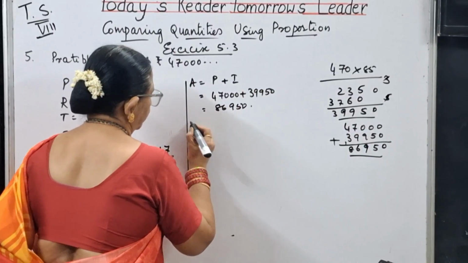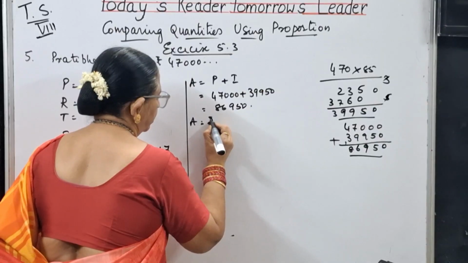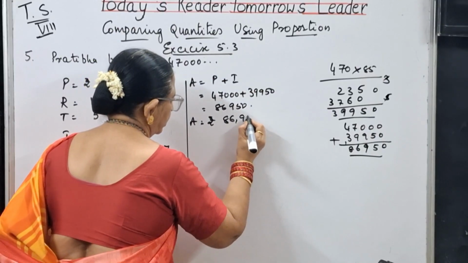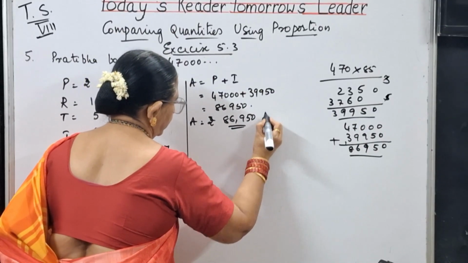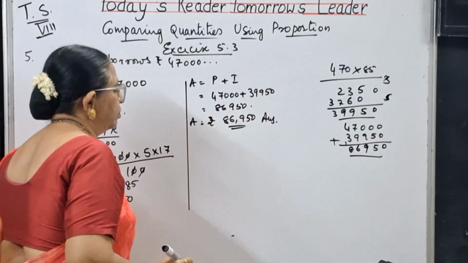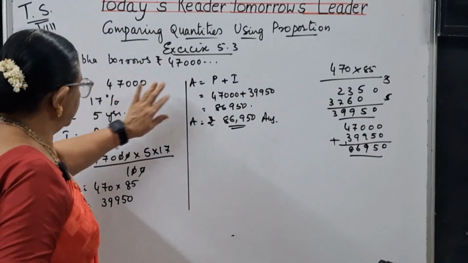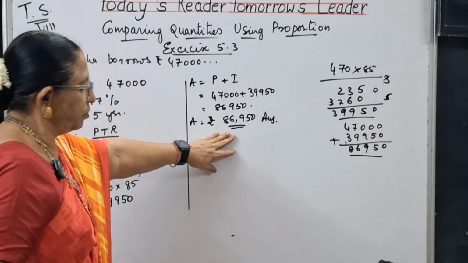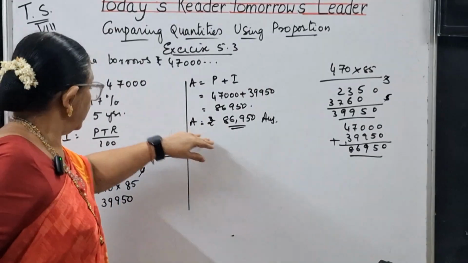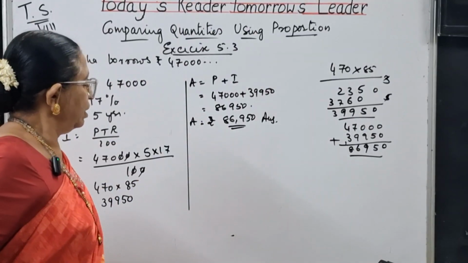86,950 rupees. So what is the amount she has to pay? Rupees 86,950 after 5 years. She has taken 47,000, but after 5 years she is paying almost double, that is